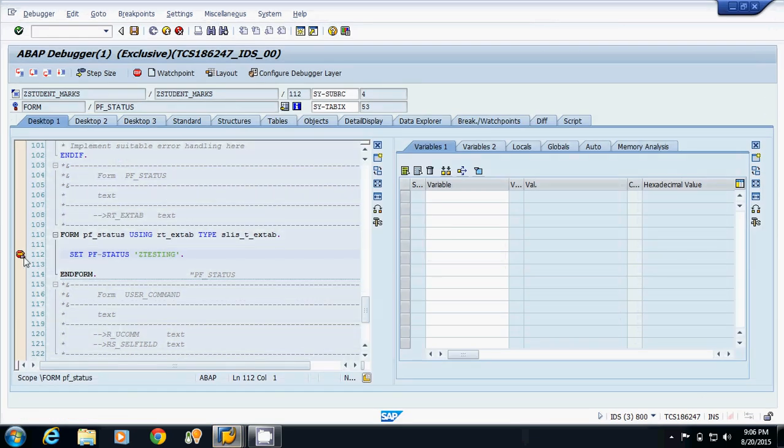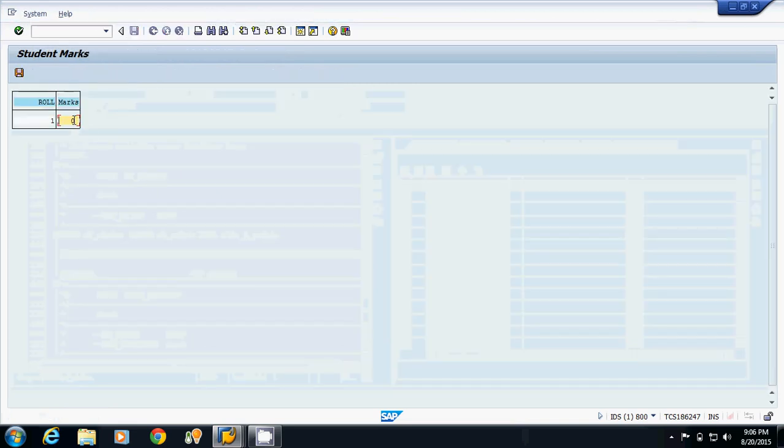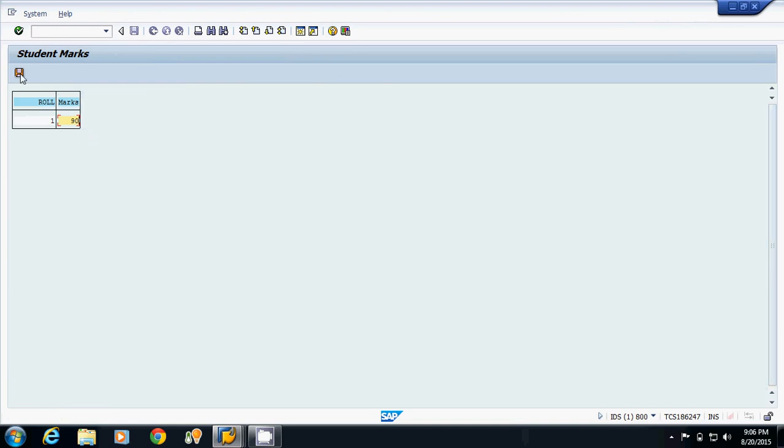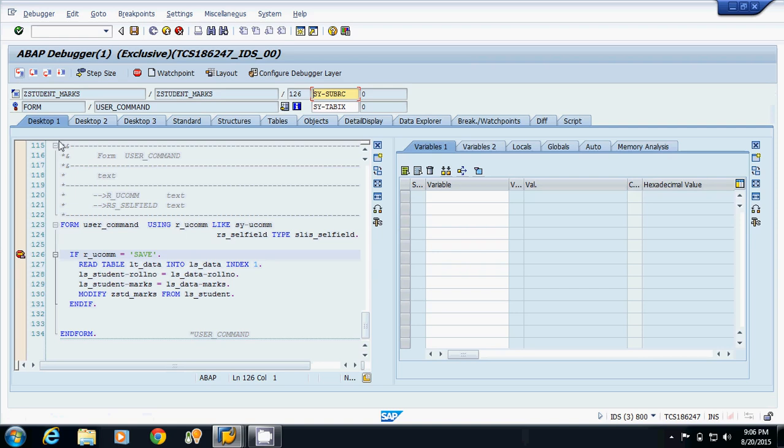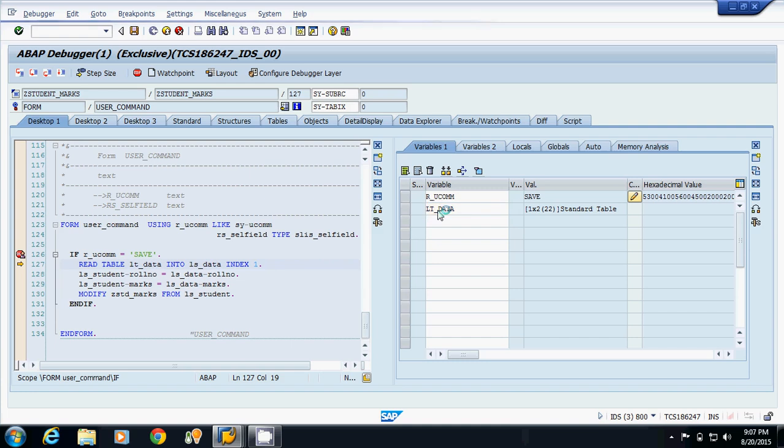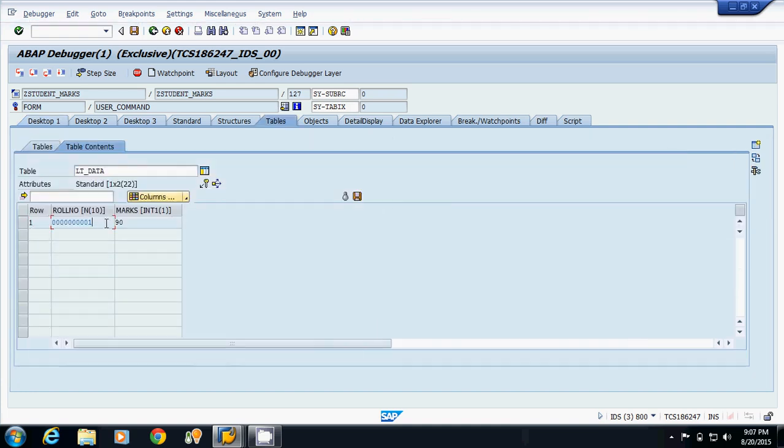This is now for setting the personal functions. I am executing this. Now I am providing the marks 90 for roll number 1. Now I will click on the save button. When I click on the save button, the function code is save. I will press F6. In this internal table LT_data, now I have roll number 1 marks is 90.